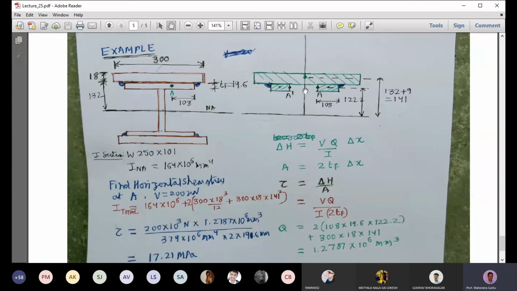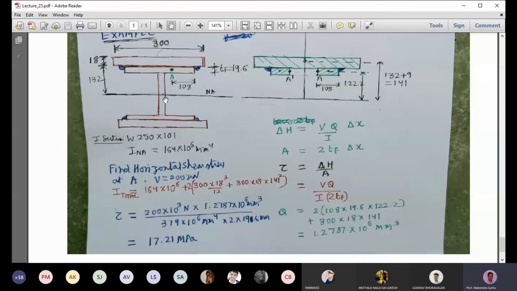Once we know that, we can divide by the area. The area will be this longitudinal surface area plus that longitudinal surface area, T times delta X plus T times delta X, so 2T delta X, and we'll get the shear stress tau zx acting towards you. To balance it, there is tau xz in this direction. So tau xz here will act towards the vertical plane, and tau xz there will act towards the vertical plane. I am thinking like this, and once you get this figure, the solution is straightforward.